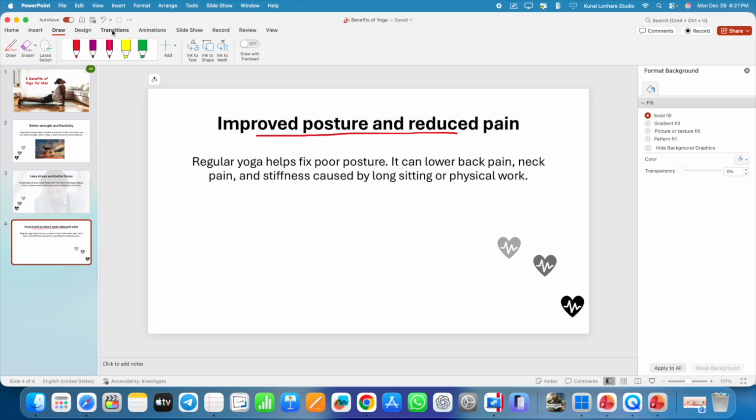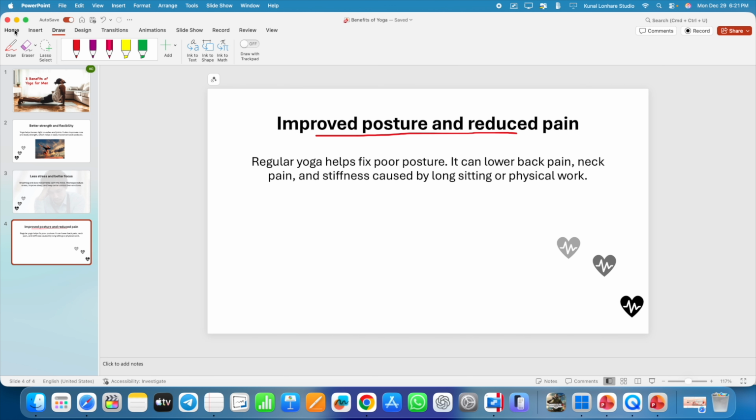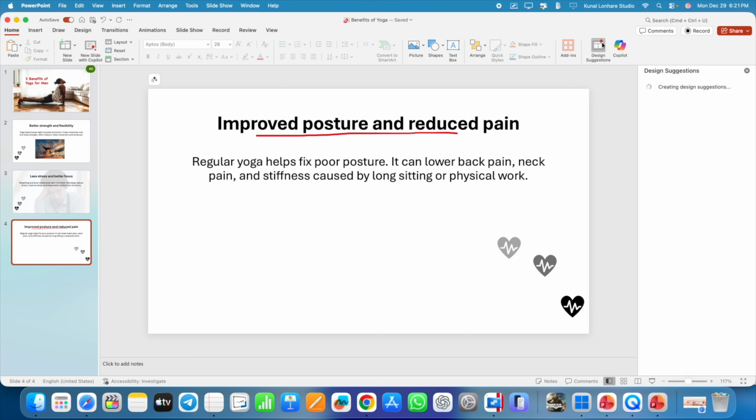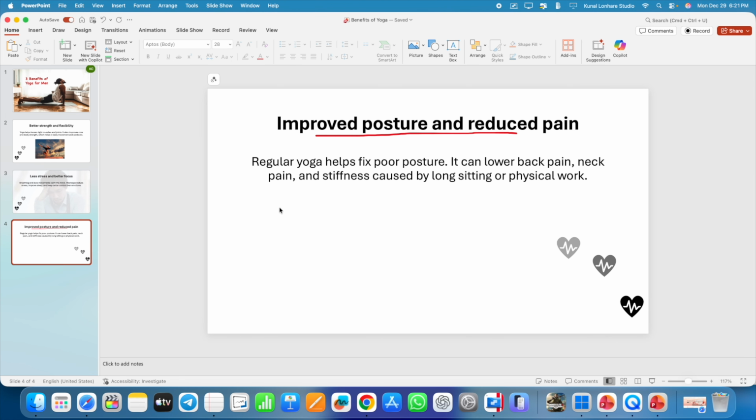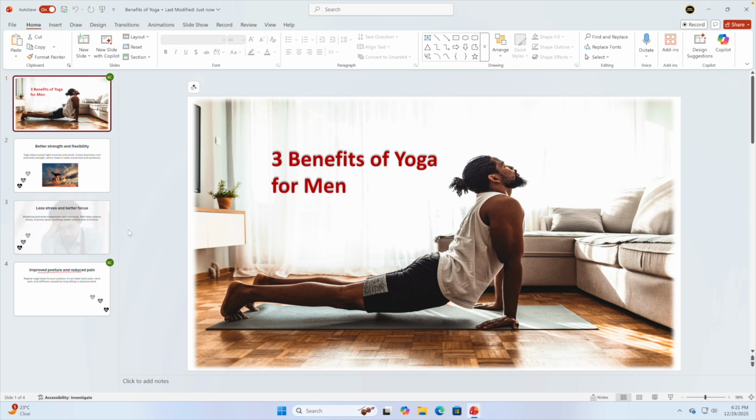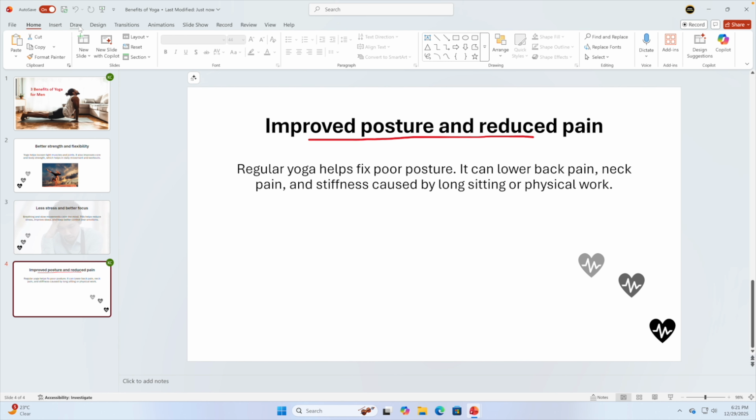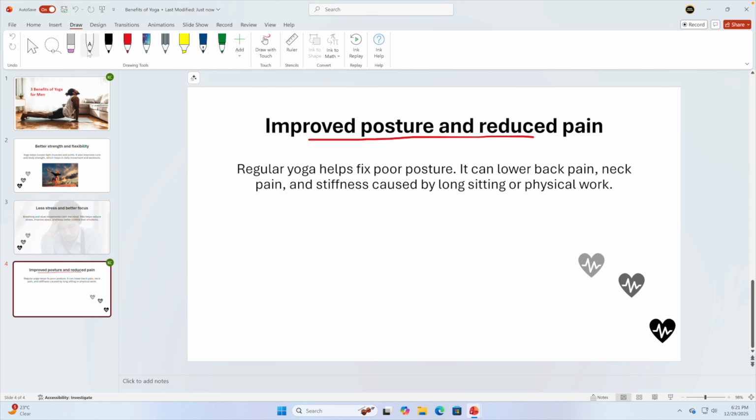After you do this, you will see something in the PowerPoint. If you just go to home, you will see the design suggestion. Now there is no design suggestion, so PowerPoint can also give you some design suggestions. You can also add the image. The same functionality of draw and all are exactly the same. There's no such difference. Just select the pen, draw it,